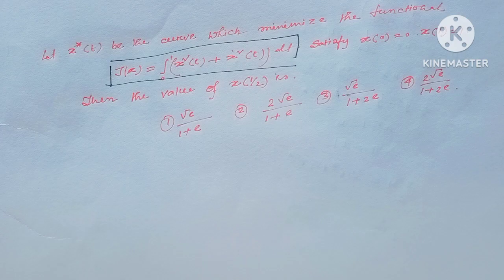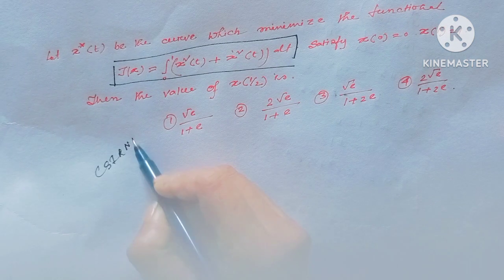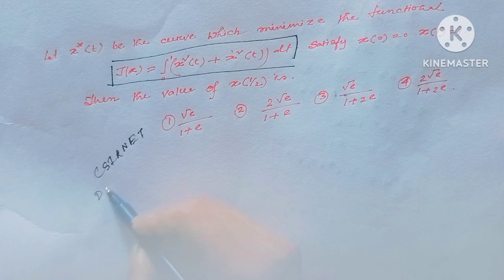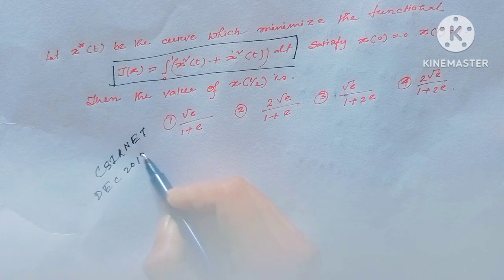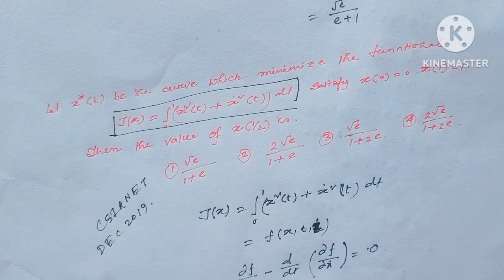Welcome back. Today I will see some examples of calculus of variations which have come in different competitive exams. The first example came in the CSIR NET December 2019 exam. The question is: let x(t) be the curve which minimizes the